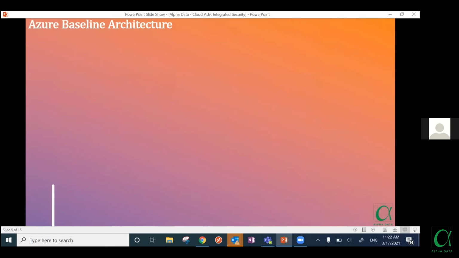The next slide will discuss the baseline architecture of Azure, and how you're going to start with it. The reason it is very important is because many of you might have already started assessing and deploying resources on Azure. You might have started deploying certain POCs, or certain applications on Azure, a single application or multiple applications as well. You're just trying to taste the cloud, and trying to understand how the cost mechanism works, right? You're at that particular point. And many of you have already moved some production workloads as well, right?